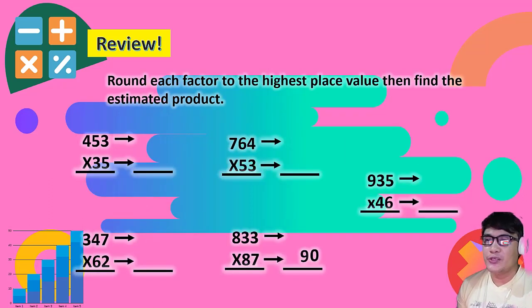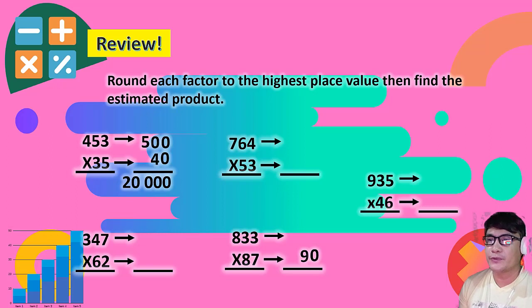Now, round each factor to the highest place value, then find the estimated product. Number 1 is 453 times 35. So, 453 becomes 500. Then 35 becomes 40. Then the estimated product is, very good, 20,000. Next one is 347 times 62. 347 becomes, yes, 300, and 62 becomes 60, that is right. So the estimated product is,